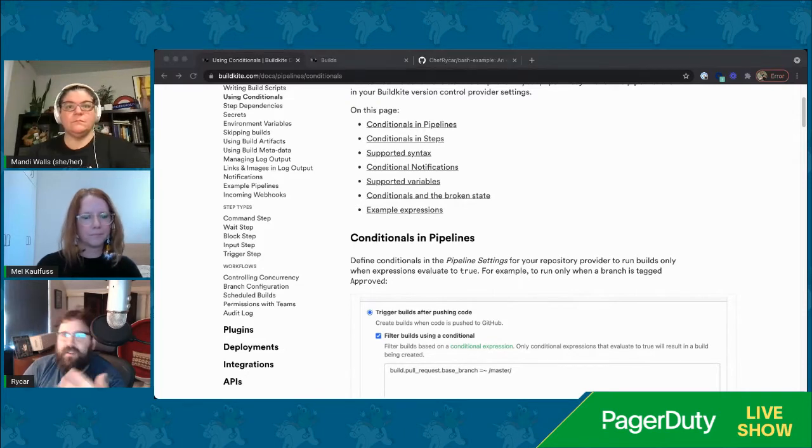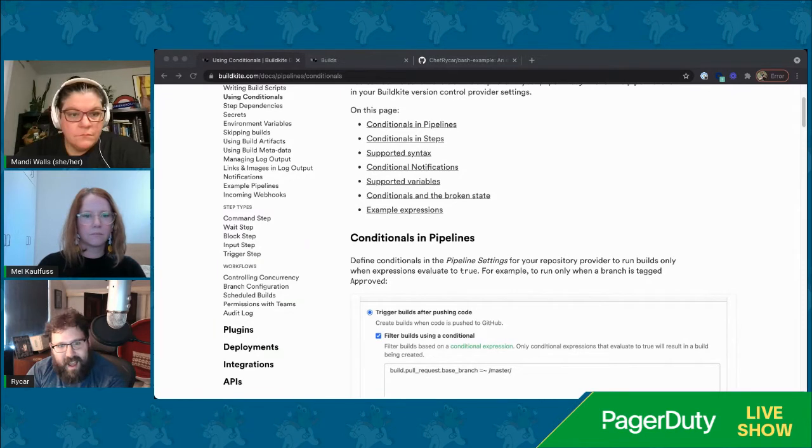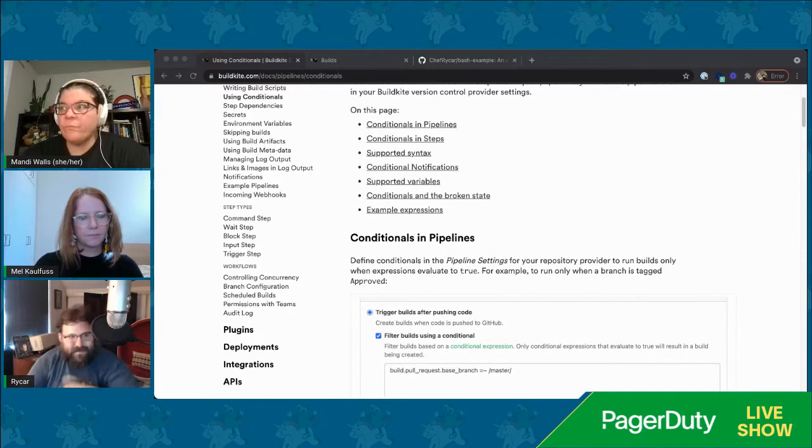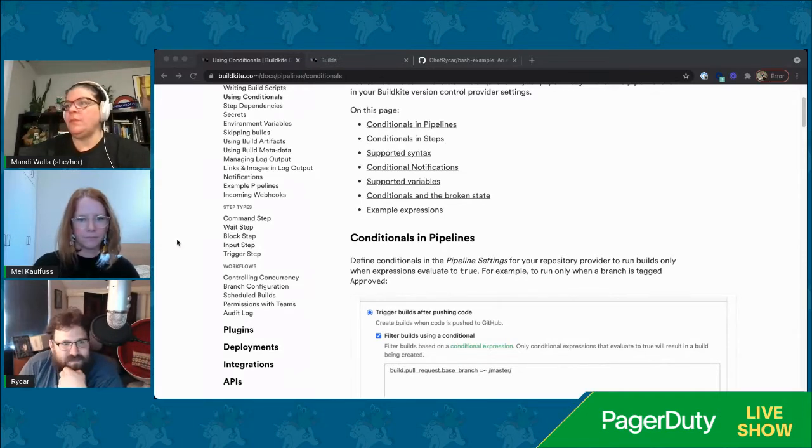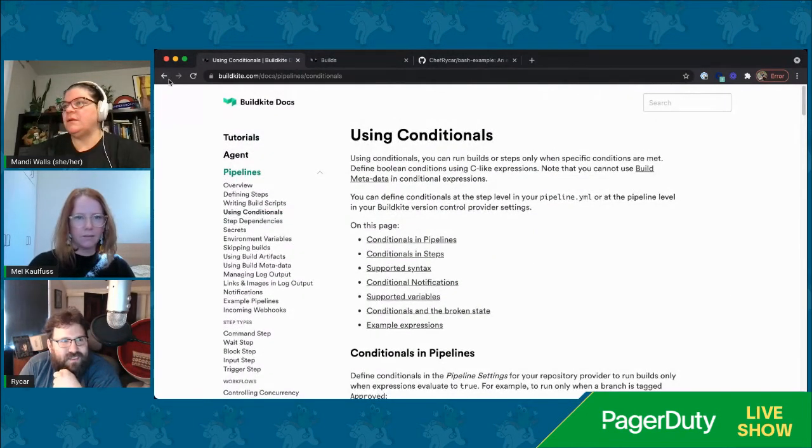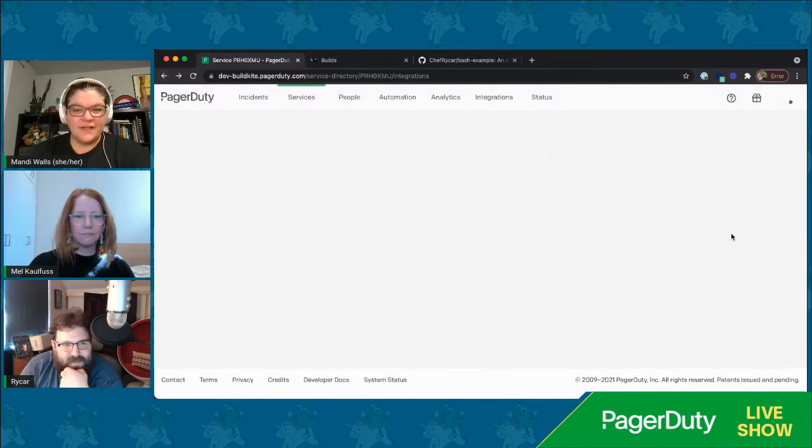If you wanted builds on a particular branch, or from a particular team or set of authors, to come into a particular service, those kinds of granular conditions can be set on the Buildkite side. Alternatively, on the PagerDuty side, if you want to get the whole kit and caboodle and have PagerDuty do some post-processing, it's got a conditional engine as well. Cool. Lots of ways to slice and dice. Yeah, definitely.